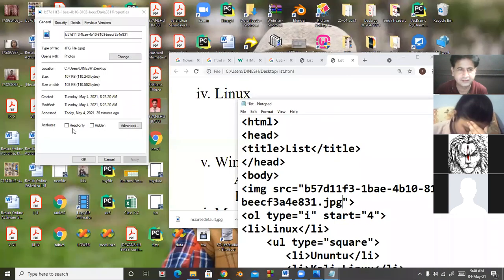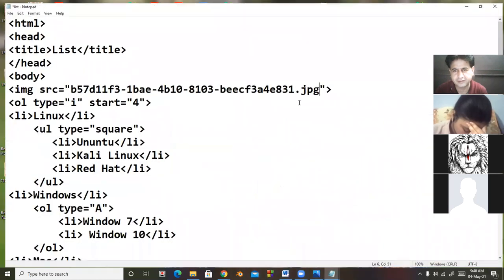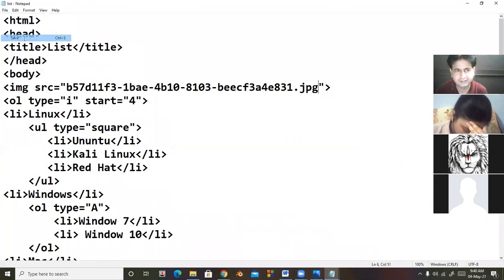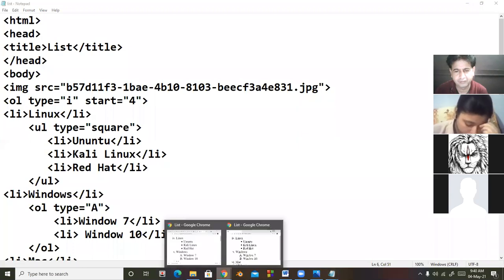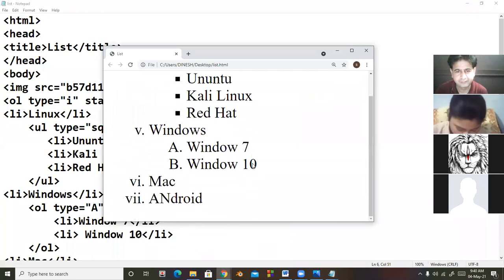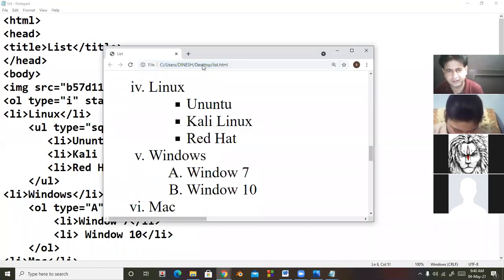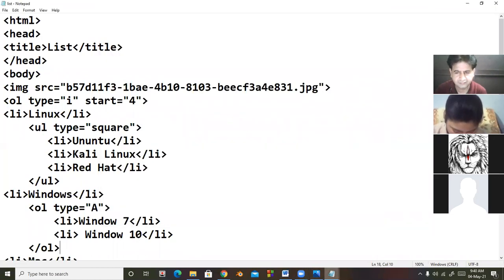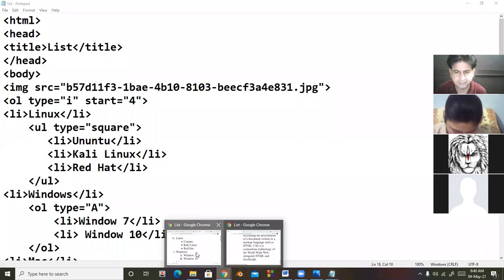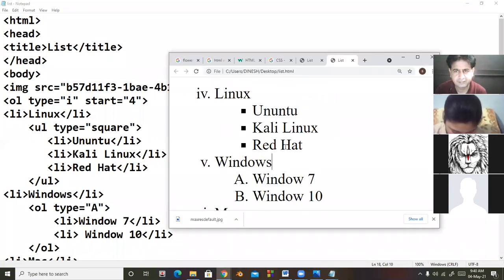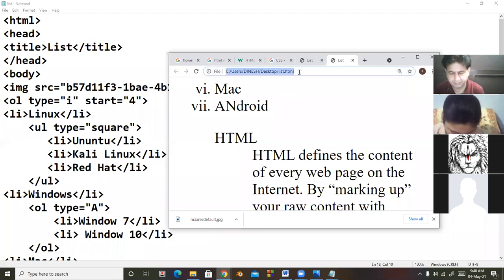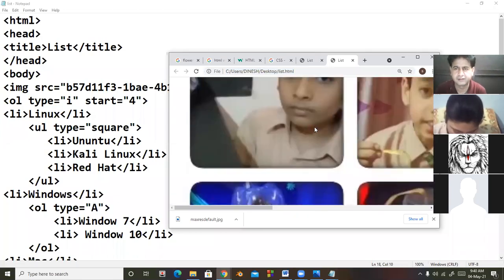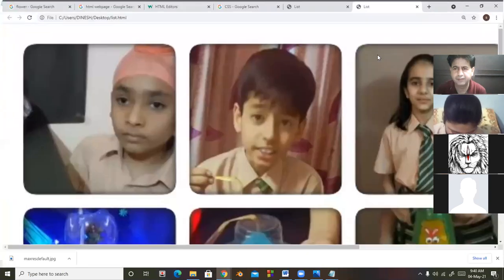Check whether it's a JPG file. Yes, it is a JPG file. So I'm saving this, opening in the browser, and refreshing. Look at here, image inserted.